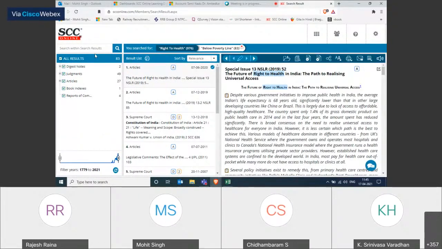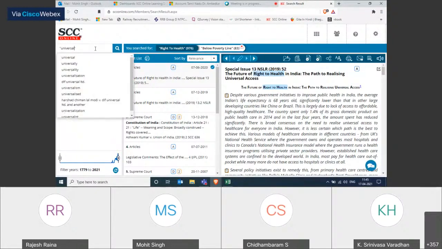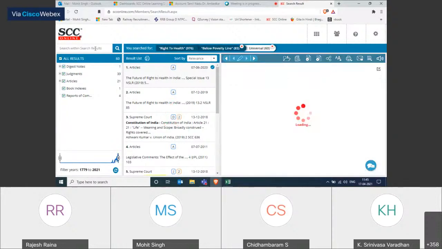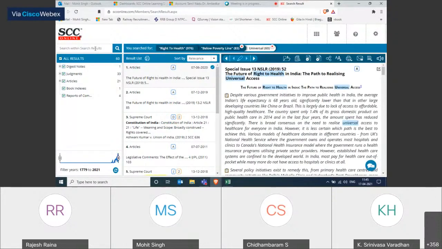Again, in search within search, I want to search for right to health for universally, for all. So universal, I'll key in as one single word. It's not a phrase, so I can put it without double quotes also, and then start the search. And you'll see that you are further narrowing it down. Now, at any point of time, if you want to make a change in one particular step, you need not go through the entire 3 steps, right? You find one cross mark